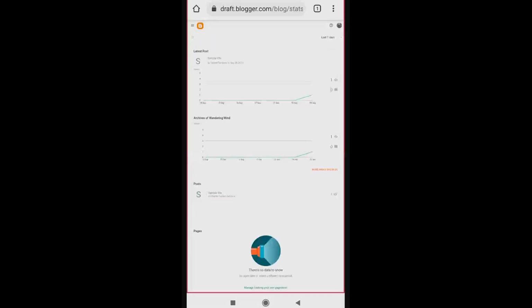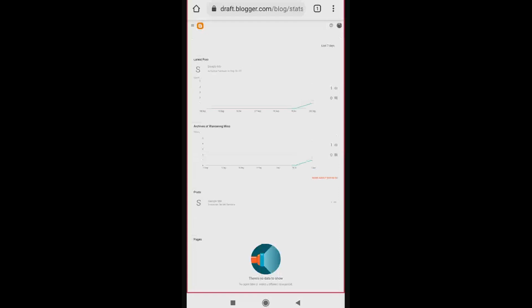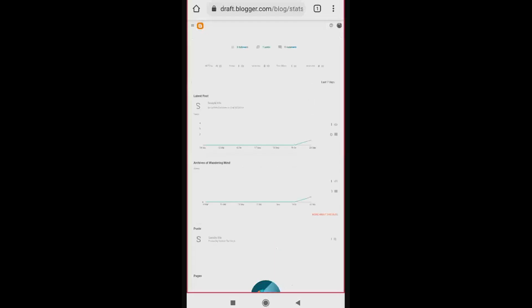It's one view, and that's today. Next, you can customize the layout or theme. There is a default theme chosen for you when you start a blog, but you can always customize it. You can explore this option. I won't go deep into it.